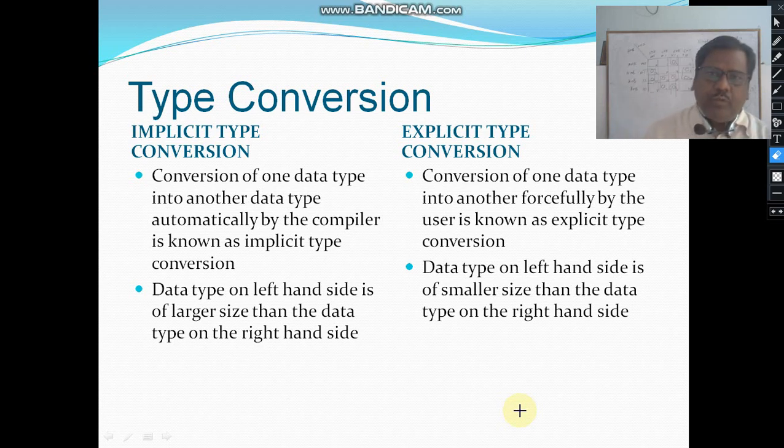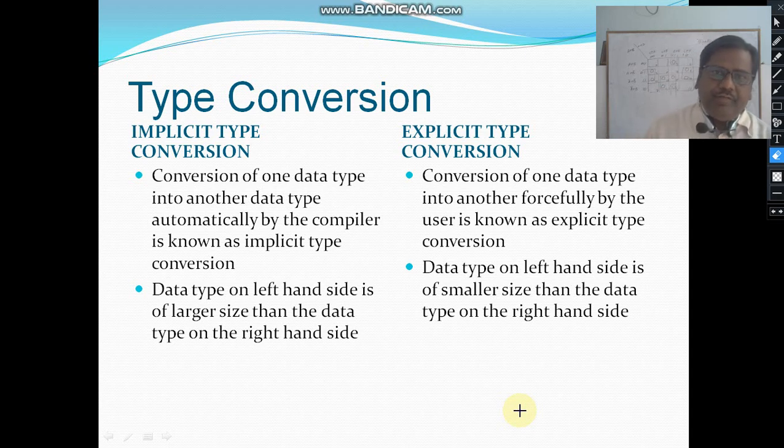So when a value of one data type is converted into a value of another data type automatically, by the system, by the compiler, it is termed implicit type conversion. Whatever happens on its own is implicit type conversion. Simple terms, right? Whenever we are doing an implicit type conversion, on the left hand side the size of the data type will be larger than the data type on the right hand side.